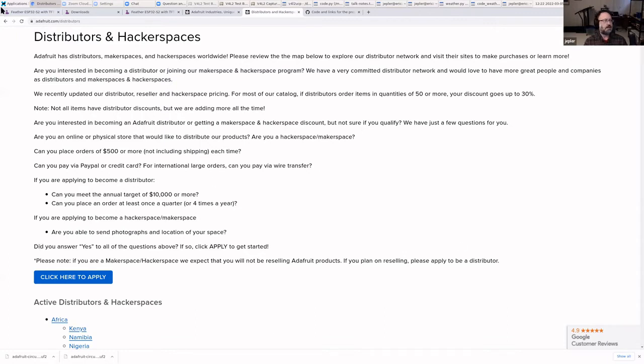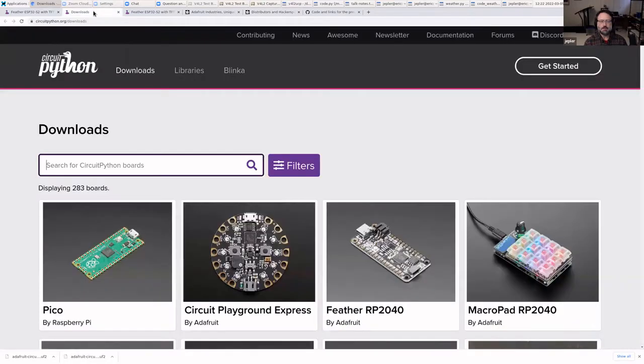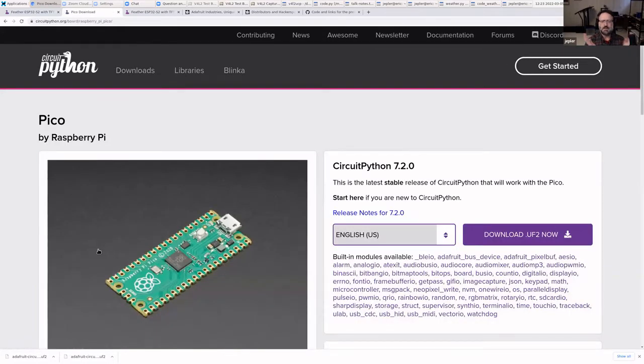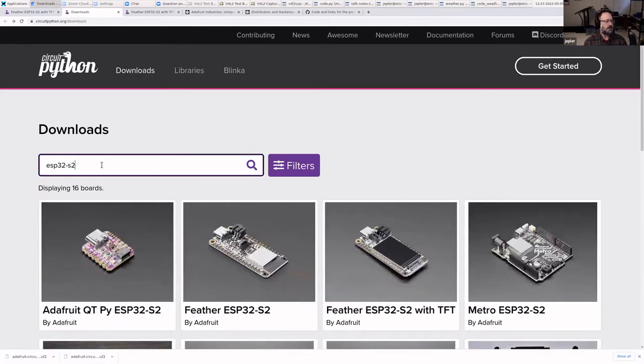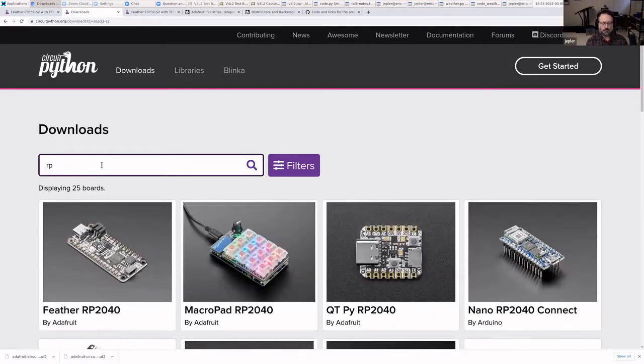All right. And if you want to get started with CircuitPython, first check out circuitpython.org. You might already have a board that's compatible. For instance, the hugely popular Raspberry Pi Pico can run it. Didn't everyone pick up one of those $5 boards? If not, my top recommendations are any board with an ESP32-S2. If you are doing a Wi-Fi project, that's our top Wi-Fi chip. And otherwise, boards with that Raspberry Pi microcontroller, the RP2040, are a great choice for almost anything but Wi-Fi.